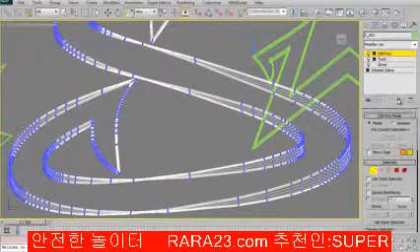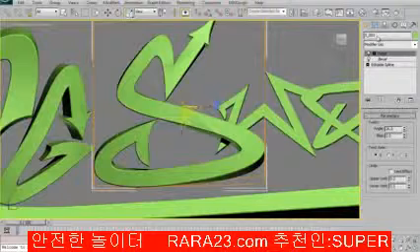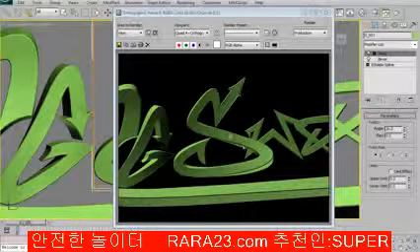So I'll just get rid of that edit poly. I just wanted to show you that because when you're working with this sort of stuff, if I do a render there, you will see, see there's a little tiny shadow line through here, and I'm